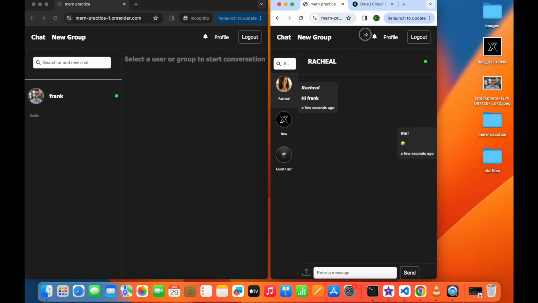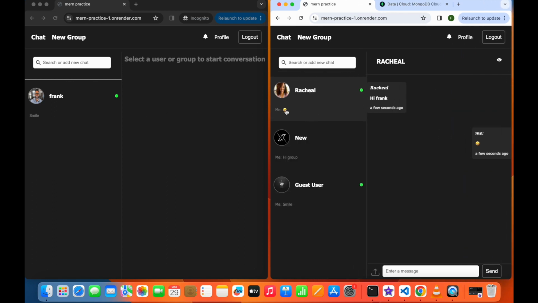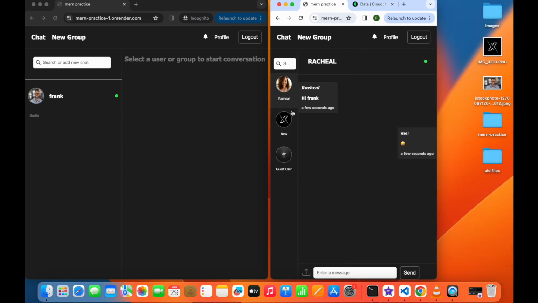So now this is a mobile view. In the mobile view, as you can see, we can only see the user picture and the username, the group picture and the group name. We can no longer see the last message, but once we return back to full view, we'll see the last message, as you can see. But if we go back to mobile view, we can no longer see the last message. We can only see the name of the group,